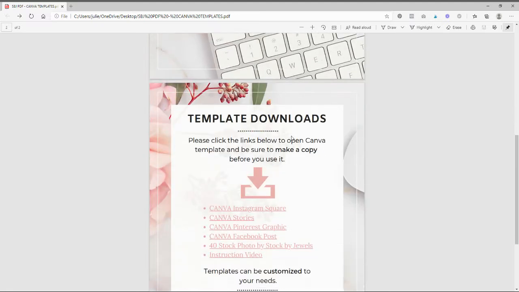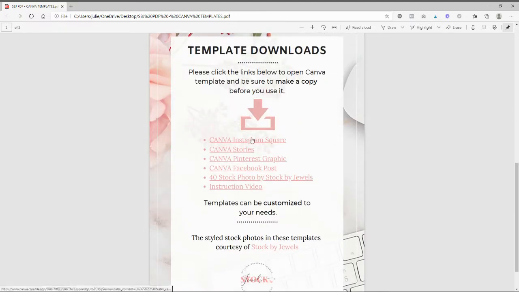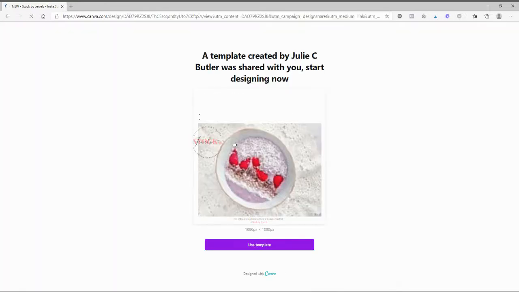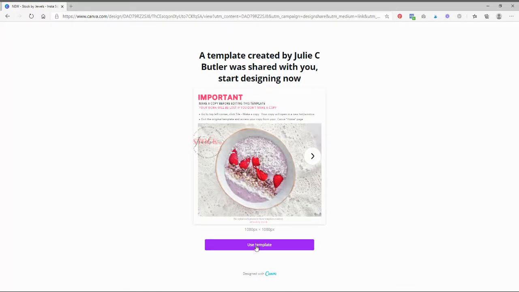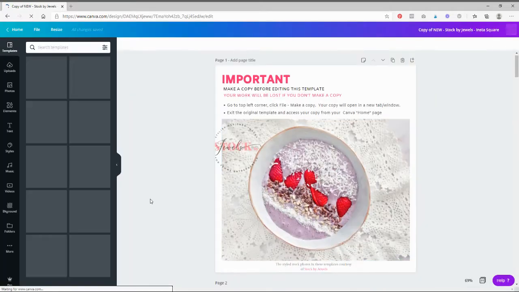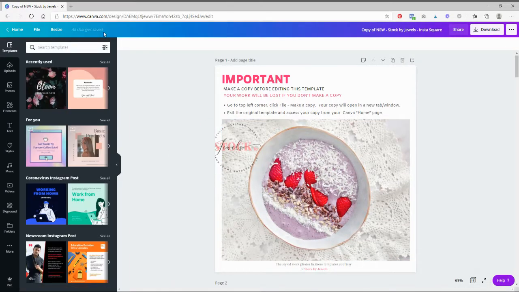Now I'm just going to choose one. They're all the same, they're just different sizes. So let's click on this one. And you're going to want to use template. So click on use template. Okay, now